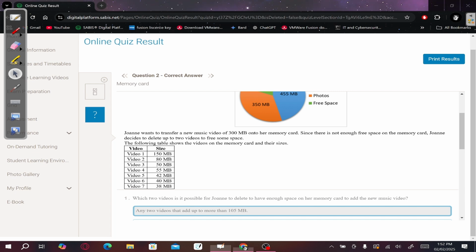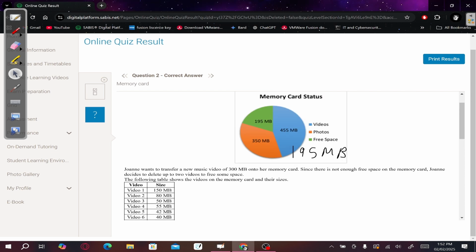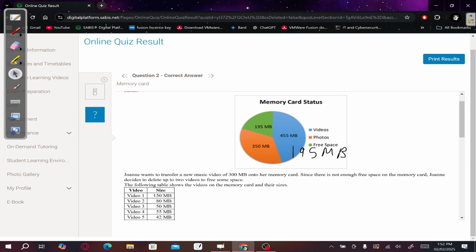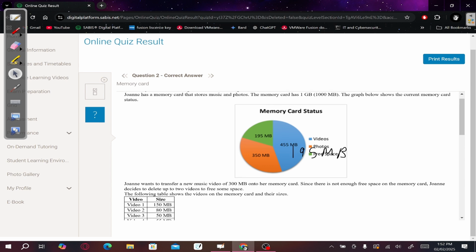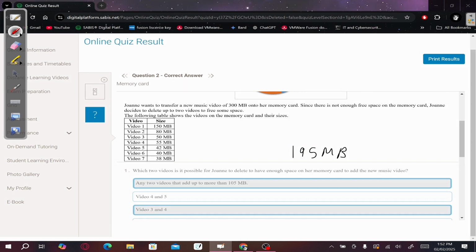Okay, so right now we have 195 megabytes free. It's given in the pie chart. We want a video file of 300 megabytes. So the new free space has to be the difference between these two. So 300